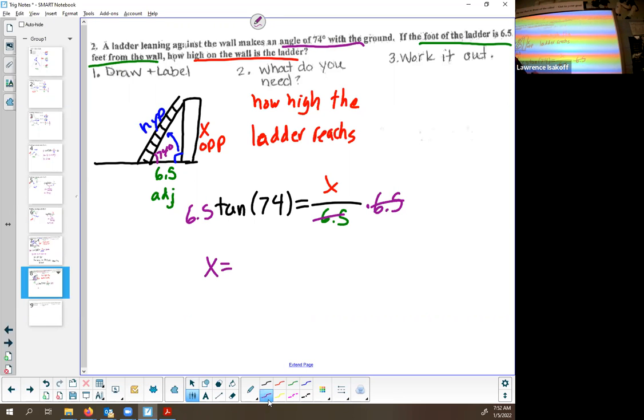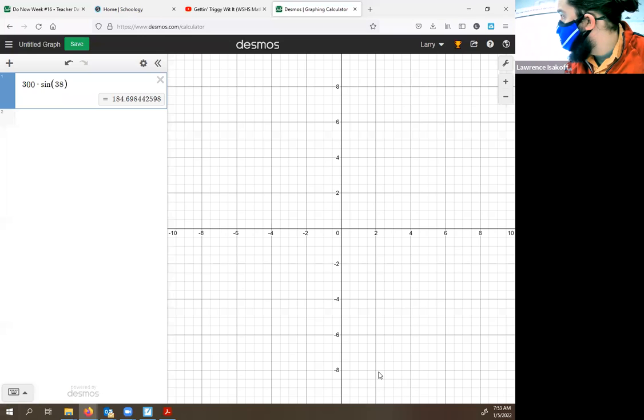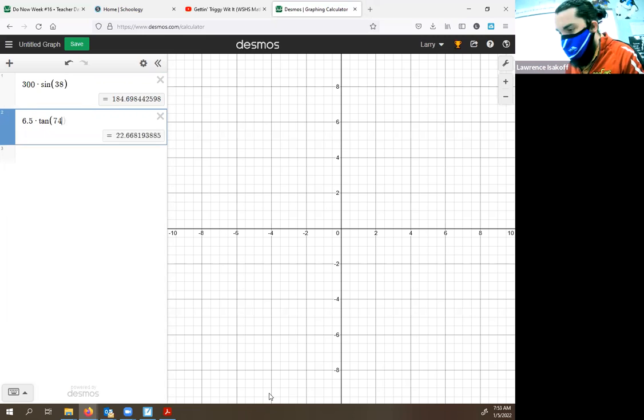So we get x is equal to 6.5 times the tangent of 74. This should work out to be pretty good for us here. So 6.5 times the tangent of 74, and I get 22.67 feet. Now, if I'm putting a ladder against a wall and it reaches up over 20 feet, that seems